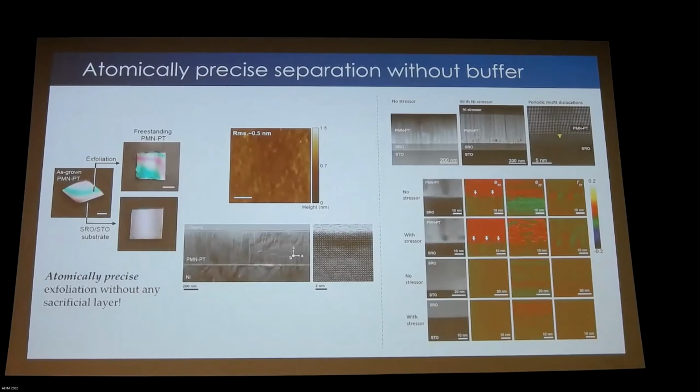We also found something interesting. So this is not remote epitaxy. This is just atomic separation at the interface. I mistakenly sent out a sample without graphene, and my collaborators grew PMN-PT on that substrate. And I deposited thick nickel and exfoliated. And interestingly enough, the PMN-PT film actually exfoliated precisely at the STO SRO PMN-PT interface, atomically smooth. If you look at the AFM image of the exfoliated PMN-PT,